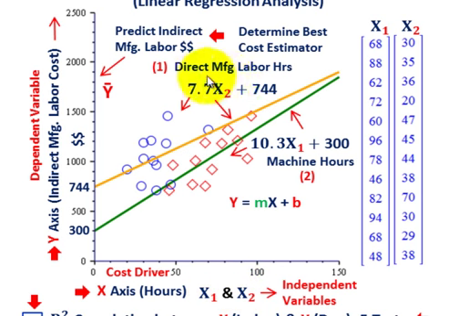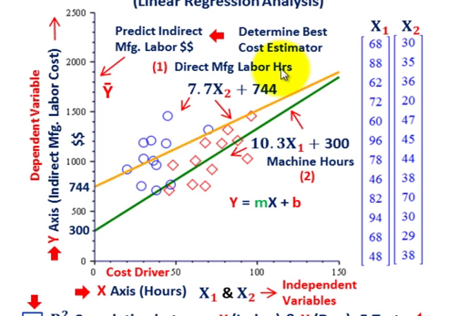So back to direct manufacturing labor hours: the gold line is saying that 7.7 times each labor hour plus 744, the y-intercept,